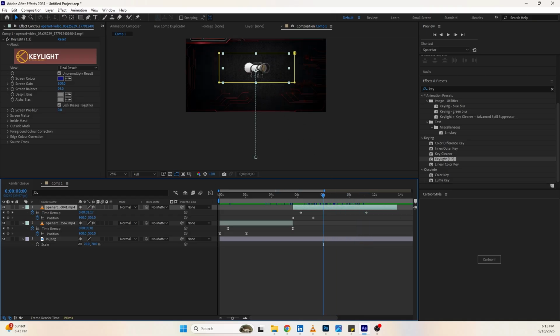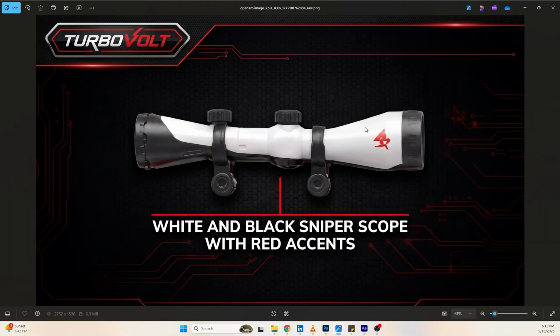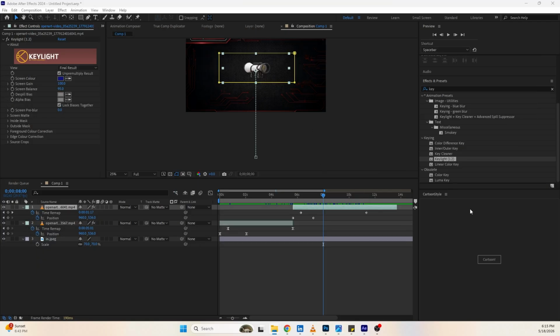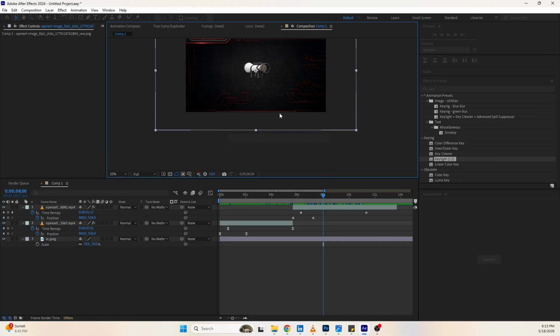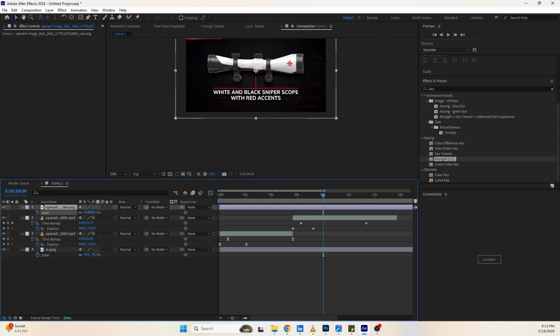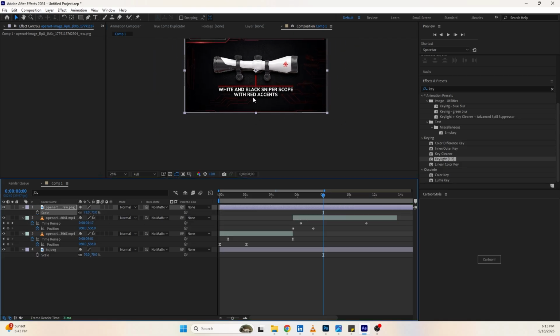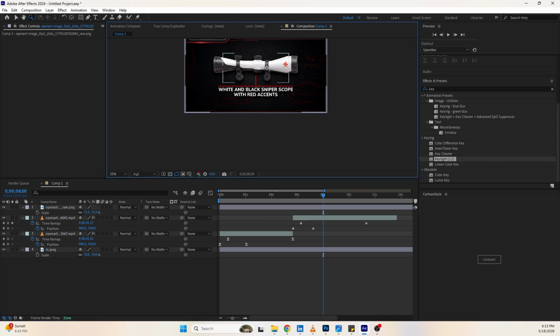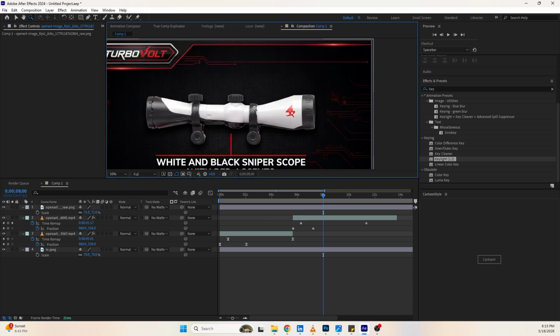So now let's work on the text. Let me show you what I want us to do. So this is what it should look like. So we'll animate this like this, then I think we should put it on that. To do that, I'll just drag this here and paste it, then resize it. So once I resize it, I have to come in here